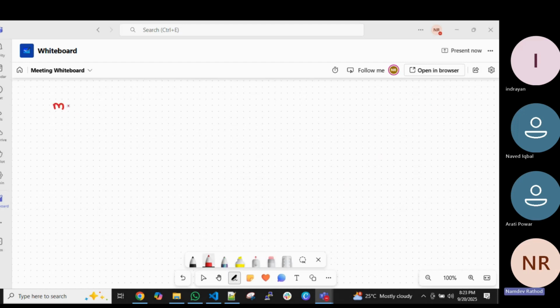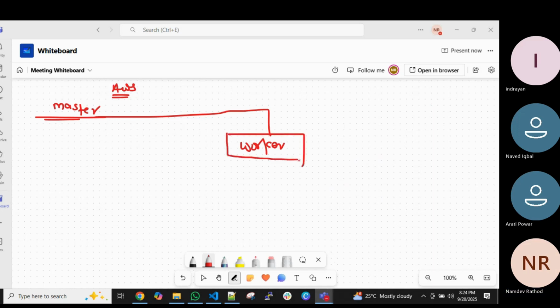So this is our master server, which is managed by AWS. We don't have to worry about it. Okay, then we will have worker nodes. Worker nodes can be multiple. It depends on your workload and the application nature. So master node,